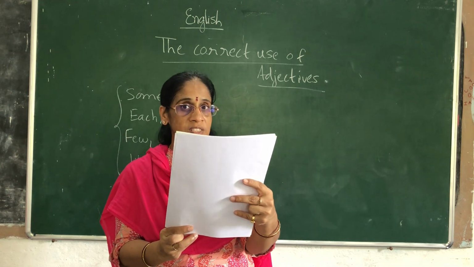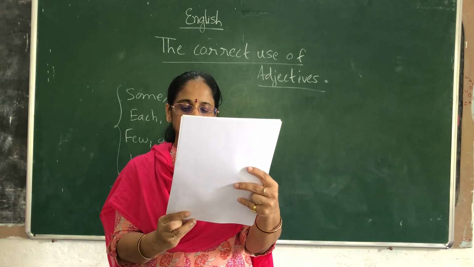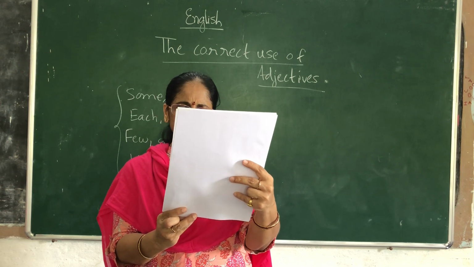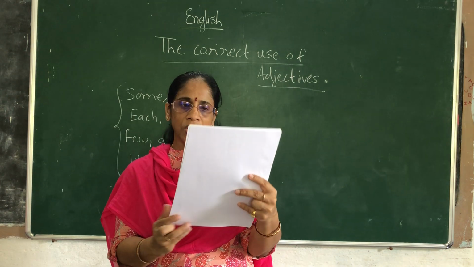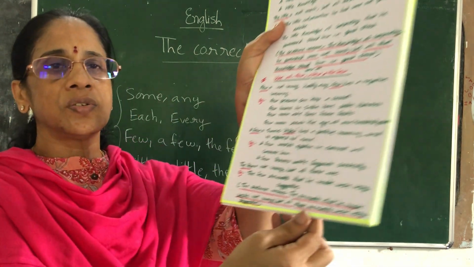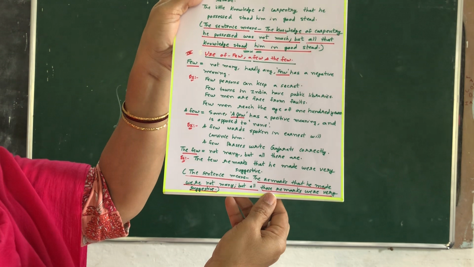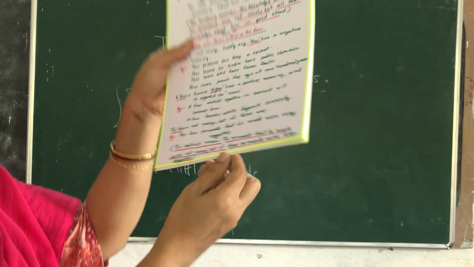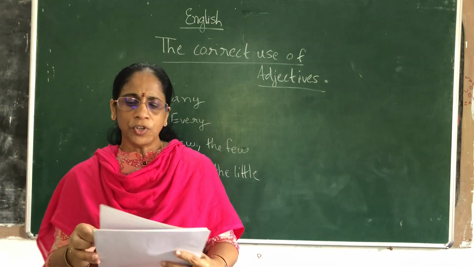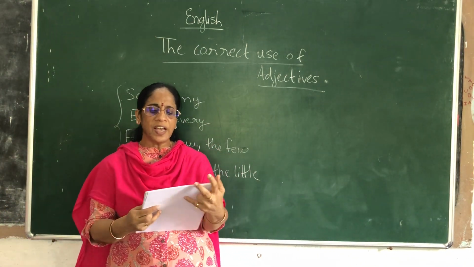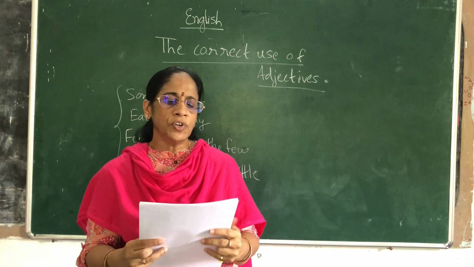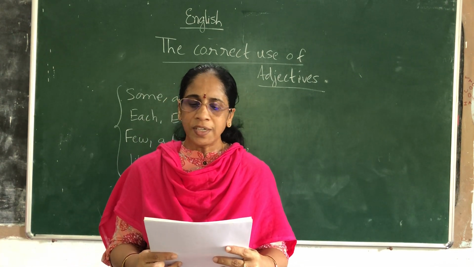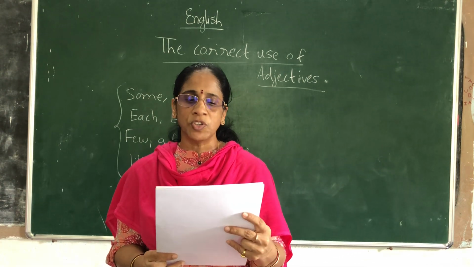What does this suggest? The sentence means the remarks he made were not many. He made only very few remarks, but those remarks were suggestive. Like this, we should use few, a few, the few. Now coming to the next part. The few friends he has are all very poor. The few clothes they had were all tattered and torn. These are some more examples for using the few.